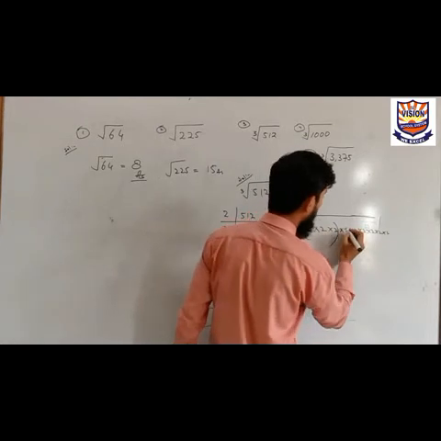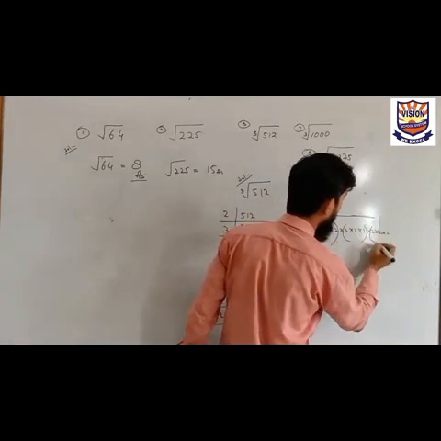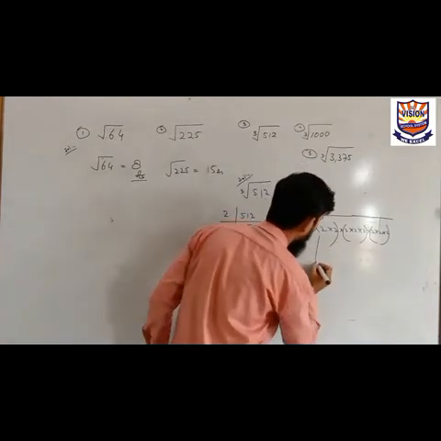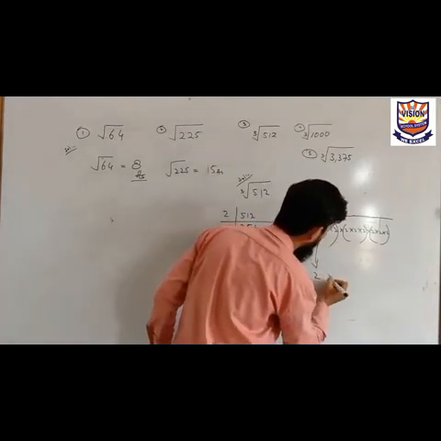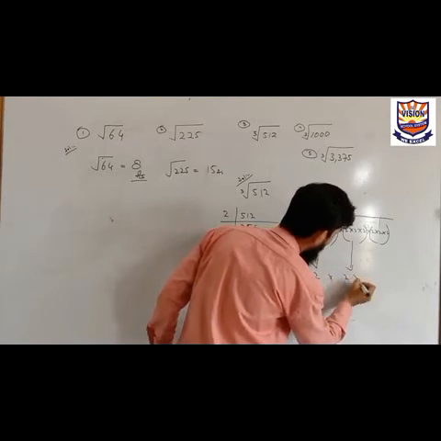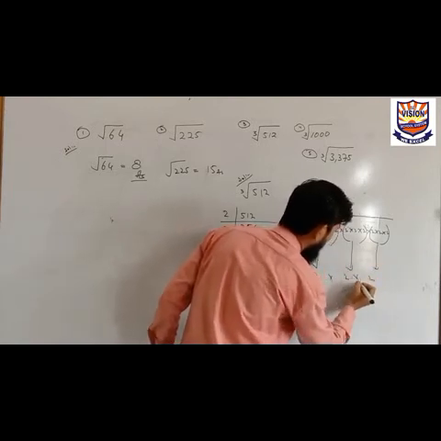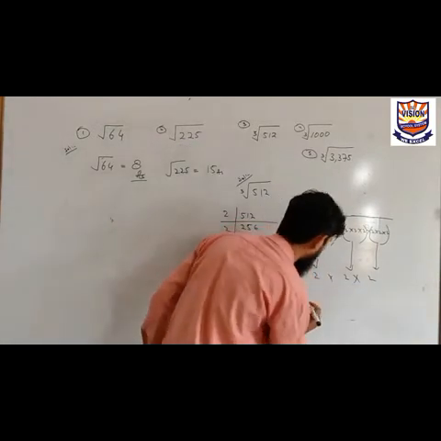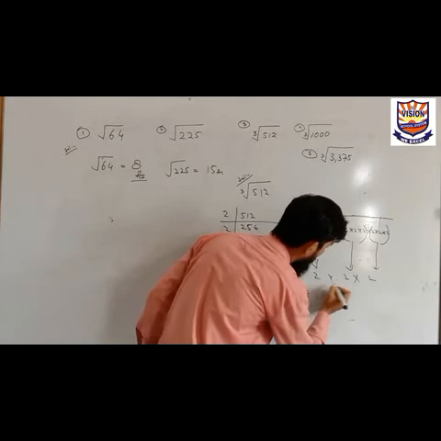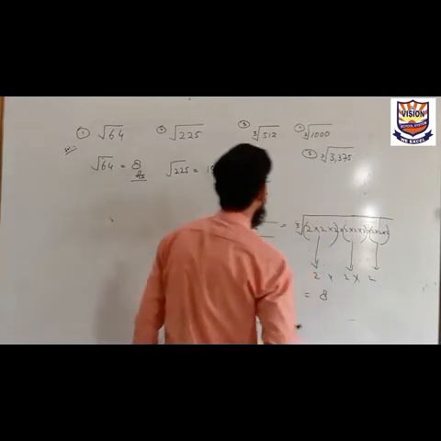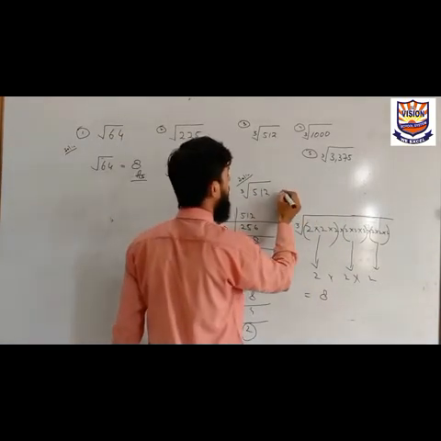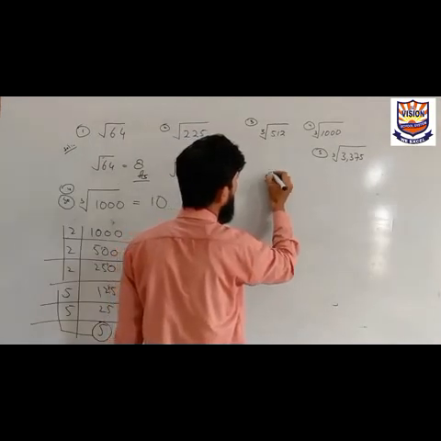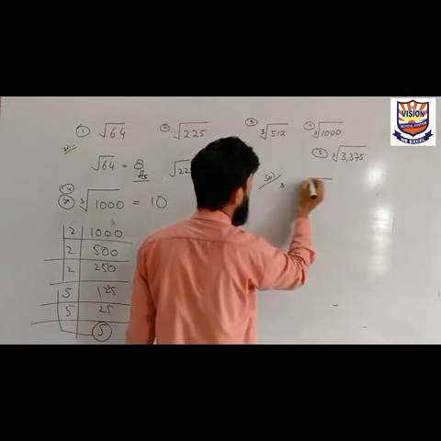2 multiplied by 2 multiplied by 2, multiplied by 2 and this 2. Now pick up one number from each group. 2 multiplied by 2 multiplied by 2, and in the end multiply these numbers together. Now 2 2s are 4, 4 2s are 8. So the cube root of 512 is 8. Now write solution. Cube root of